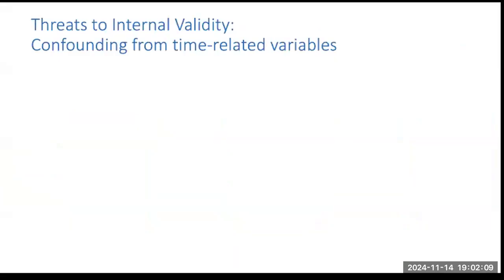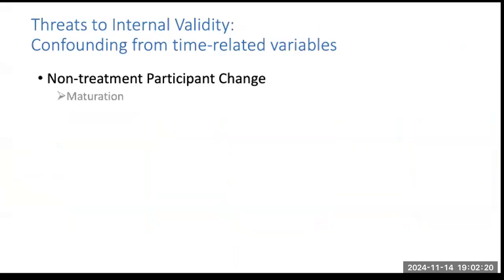Threats to internal validity. Just going to review this. Very important. You're going to hear this word over and over again. Non-treatment participant change, there are two types. There's maturation and there's history. When we're talking about maturation, we're talking about usually a physiological change within the participant. The reason that's a threat to internal validity is because it's not the independent variable that's causing the